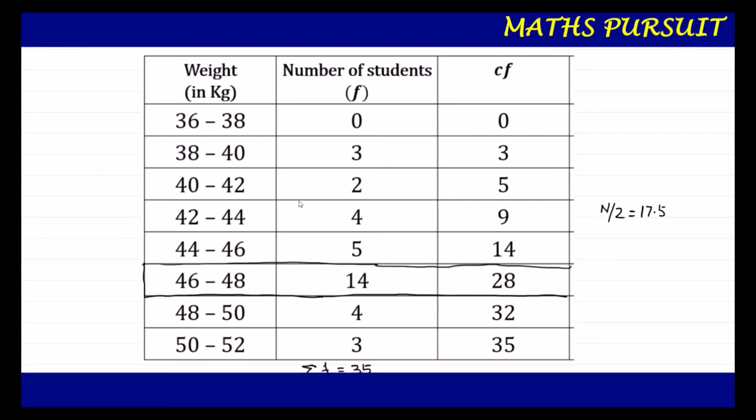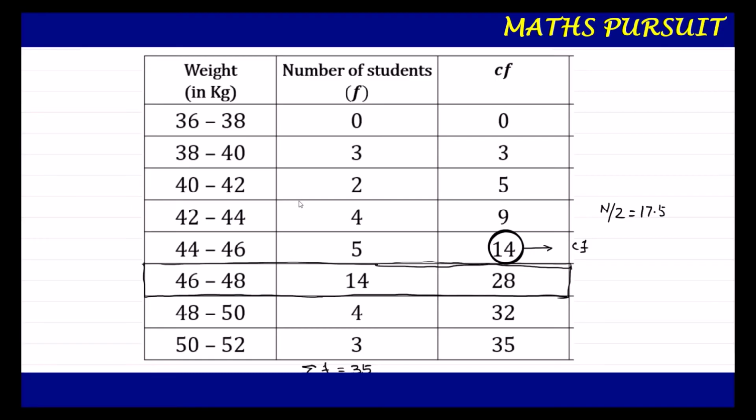So we need to highlight the row as usual. If you have seen my last videos where I have shown how to find the median using the formula, this is how we need to do it. After identifying the median class, we need to highlight that particular row. Now the corresponding cumulative frequency for the median class is 28, and we need to consider the cumulative frequency just before it, that is 14.